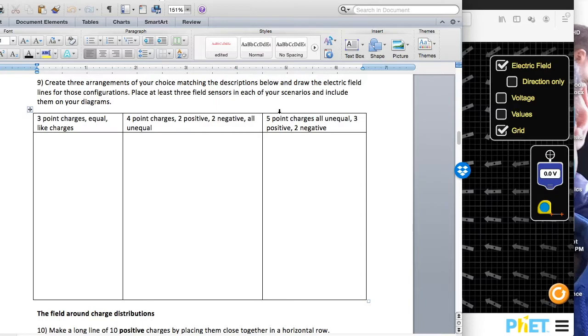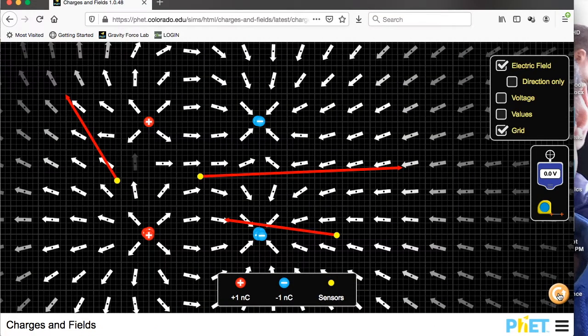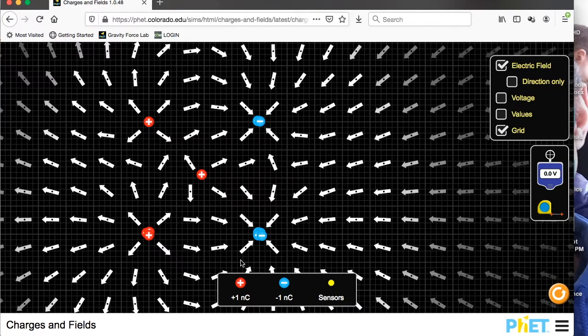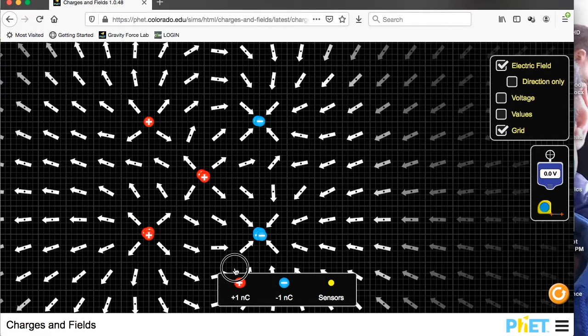And then the last scenario, 5-point charges, all unequal, 3 positive, 2 negative. All unequal. Okay. So, you know what? I'm going to take what I've got and just add one more. I'm going to put one right in the middle. Let's make it positive. And we'll give this one a charge of 5. 1, 2, 3, 4,